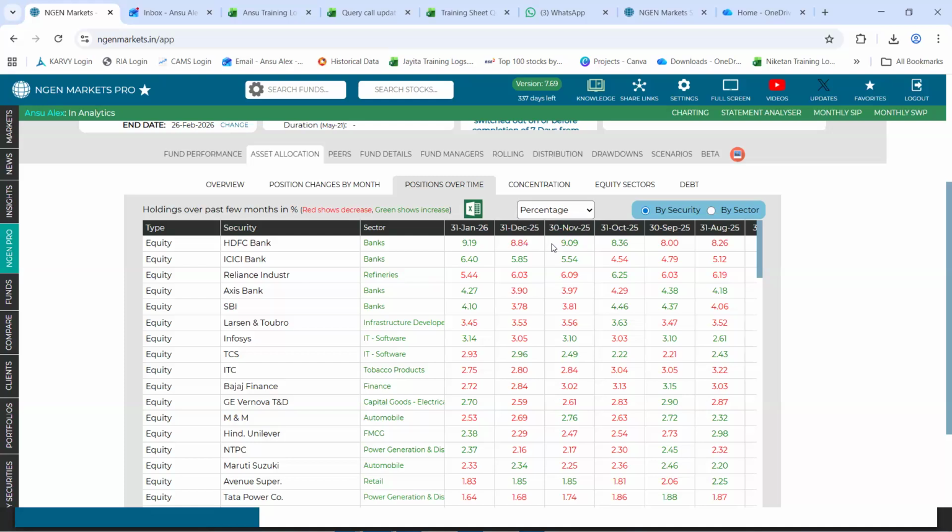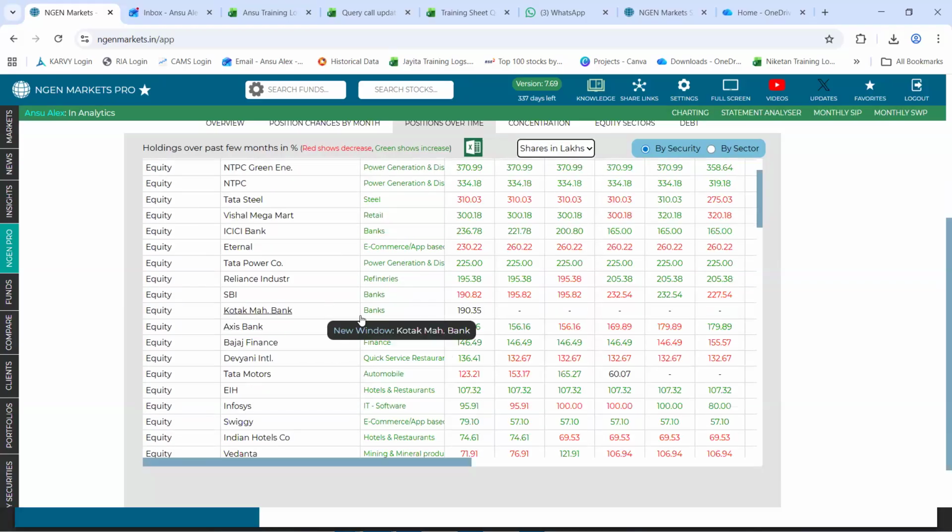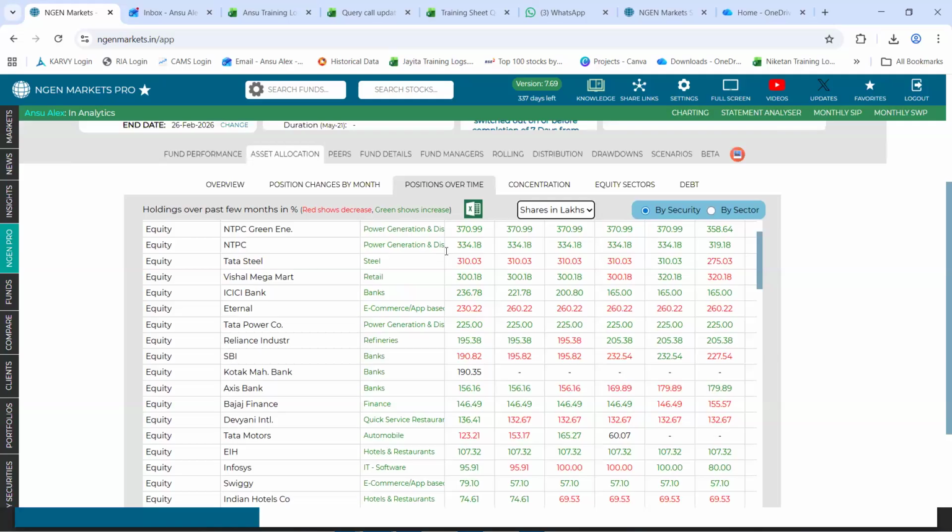Now, if I again go back to shares in lakhs, for example, if I look at this respective stock called NTPC right here, for the previous 2 months, which are Jan 2026 and December 2025, the number of shares are the same. There's no fluctuation in the number of shares.